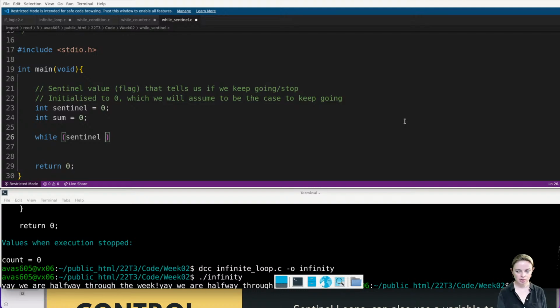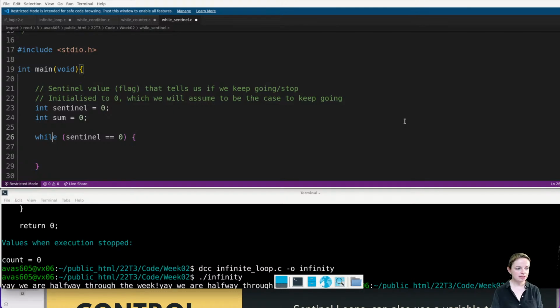Sentinel, what should we do here? What do you reckon? What should my condition be? What do we think? So when it's 0, I'll keep going. As soon as it changes over, I'll stop. And remember, it's like a state. It's got really 2 things happening for it. Yeah. So whilst it's equal to 0, I'll keep going. Okay. So my while loop is going to say while Sentinel is equal to 0, I'm going to do something. Somewhere inside that while loop, I'm going to have to change the Sentinel value if I need to stop.